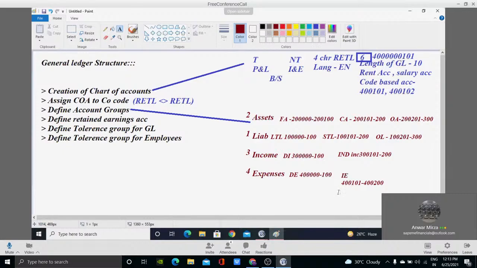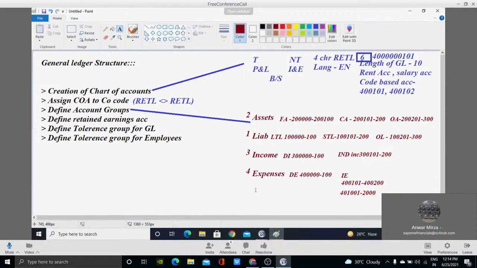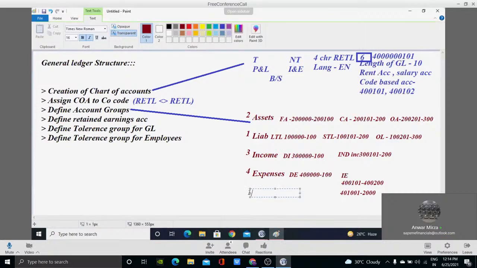Instead of 100, I will take it as 2000. This means all the indirect ledgers I'm about to create. Suppose 1000 expenses is expected from the manager, then how will you create the rent account? Now this is my rent. What will be the salary? This will be my salary. Now what will be my petrol expenses or office expenses?